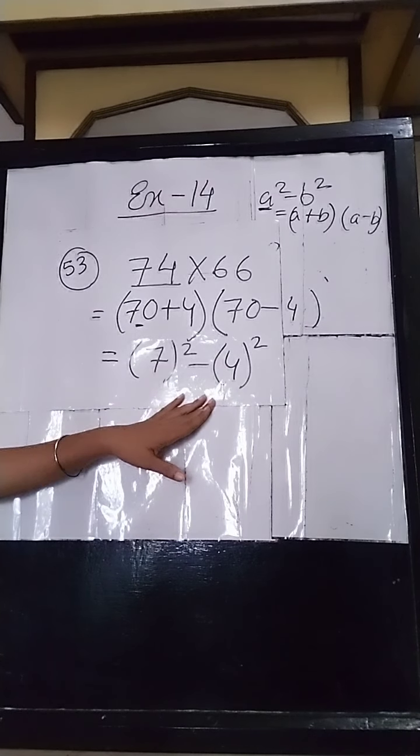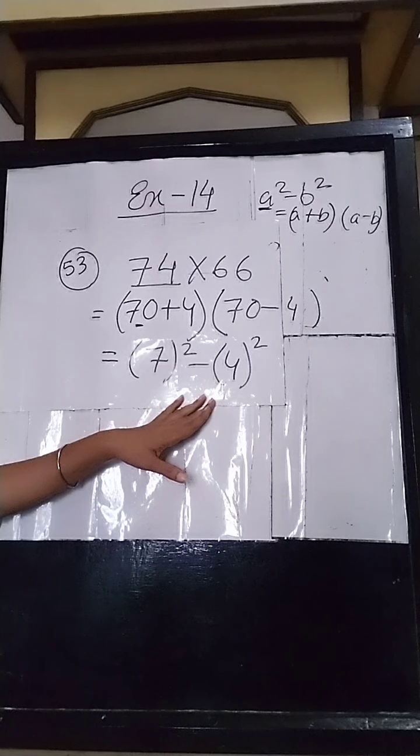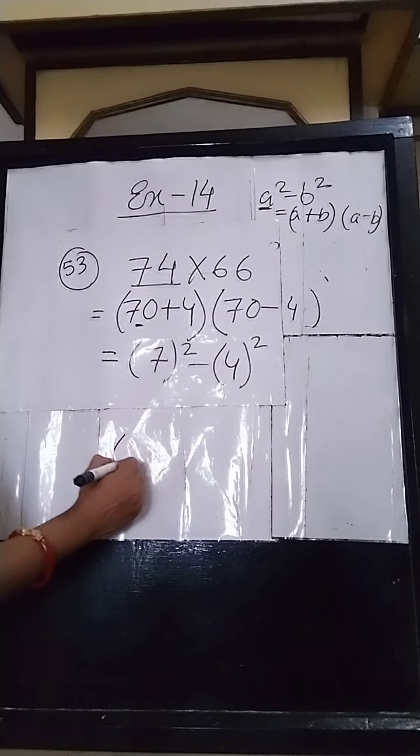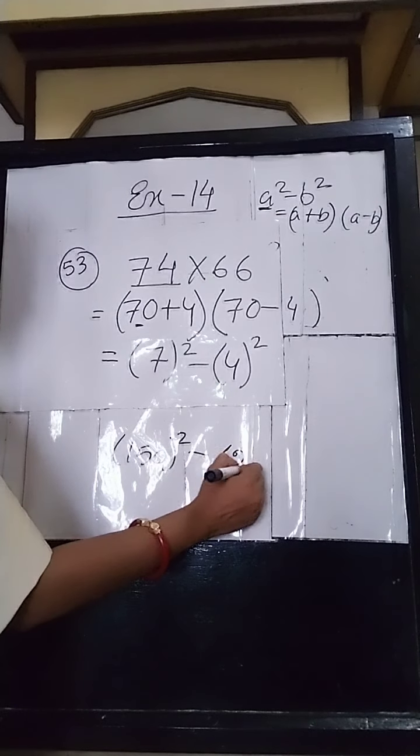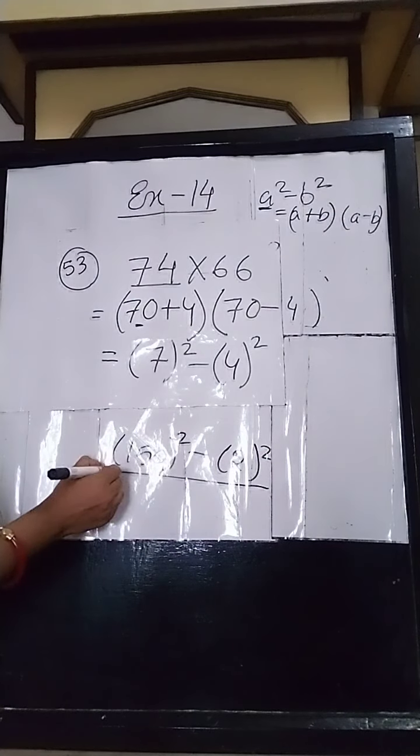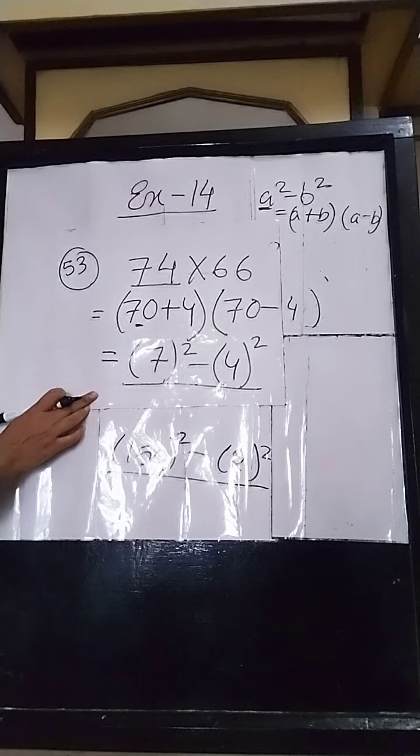So you can keep the sum up till this, because you are asked to find out the square. In the previous sum also, though I have found out the answer, you can keep it like 150 square minus 2 square. You will keep up till this step, in the previous sum also and in this sum also. Why will you keep up till this?